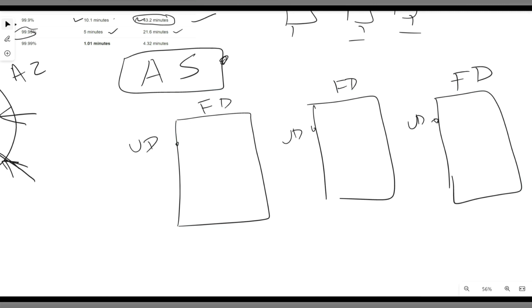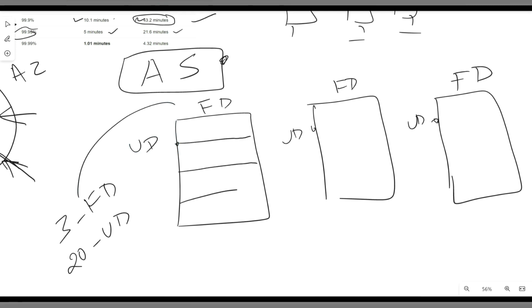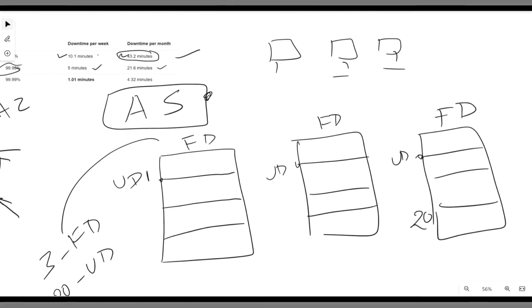So you may have a maximum of 3 fault domains and 20 update domains in an Azure data center. Update domain is nothing but, you can say, servers. So you may have from 1 to 20 update domains. When you deploy your VM, let's say you're going to deploy 3 VMs or 5 or 10 VMs for